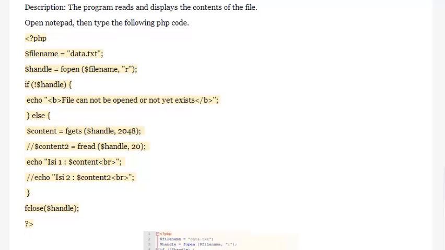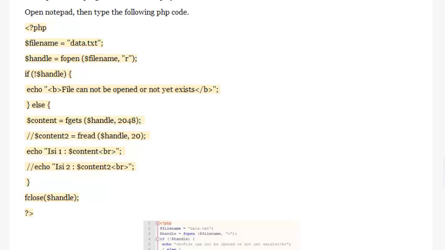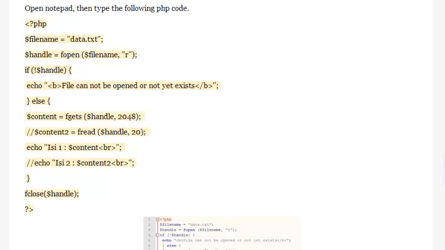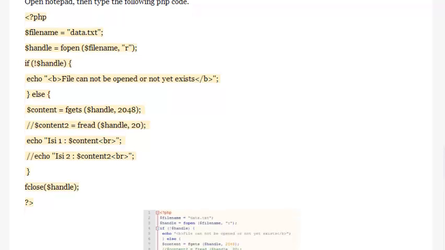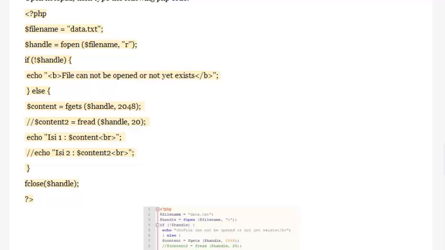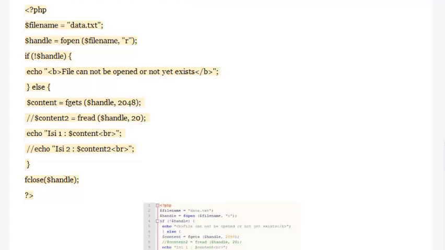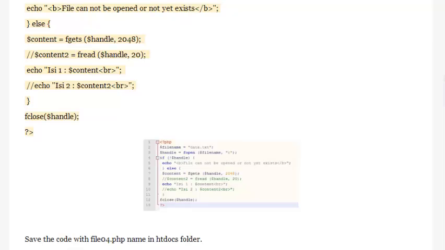<?php $filename = "data.txt"; $handle = fopen($filename, "r"); if (!$handle) echo "<b>File cannot be opened or does not exist</b>"; else { $content = fgets($handle, 2048); $content2 = fread($handle, 20); echo "ISI 1: $content<br>"; echo "ISI 2: $content2<br>"; } fclose($handle); ?>